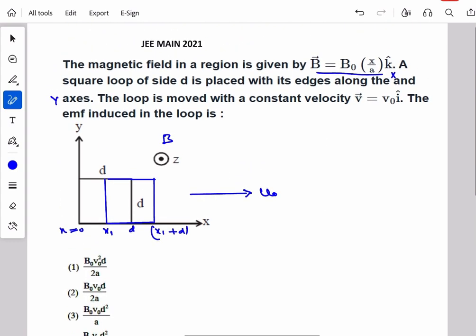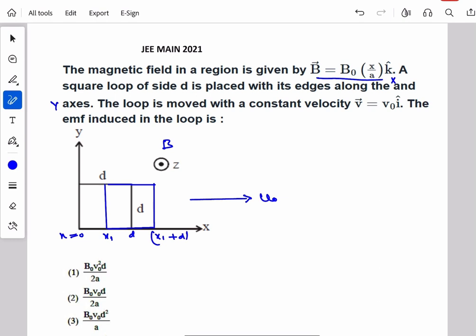So the magnetic field in the left vertical wire will be, let's use this equation, B naught into x1 upon a,